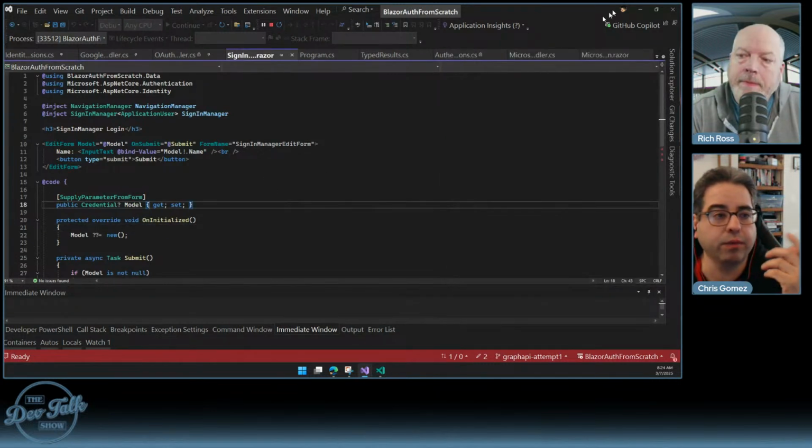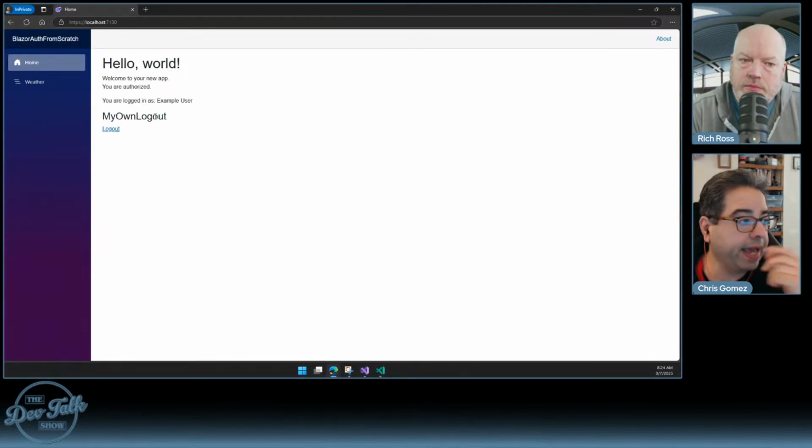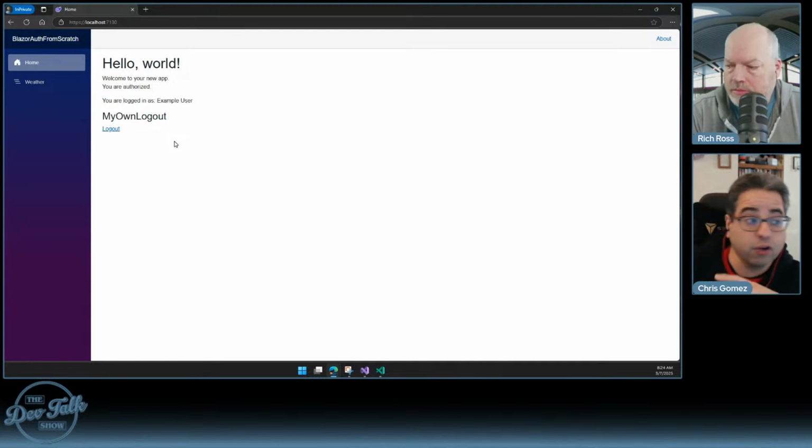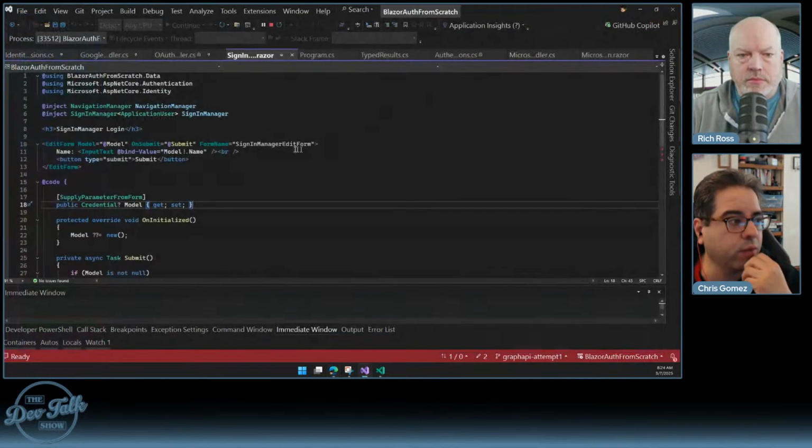So basically what I tried doing is saying, when you reach this page, as soon as you get to this page, let me go ahead and grab the photo from Graph. I'll stuff it in a claim, because I could throw it in a database if I wanted to, but now I got to go read the database every time. So I'll put it into a claim in this user identity, and then it'll just be here, but it wasn't working. It wasn't doing anything. The next thing that tripped me up was I said, okay, what if I modified the